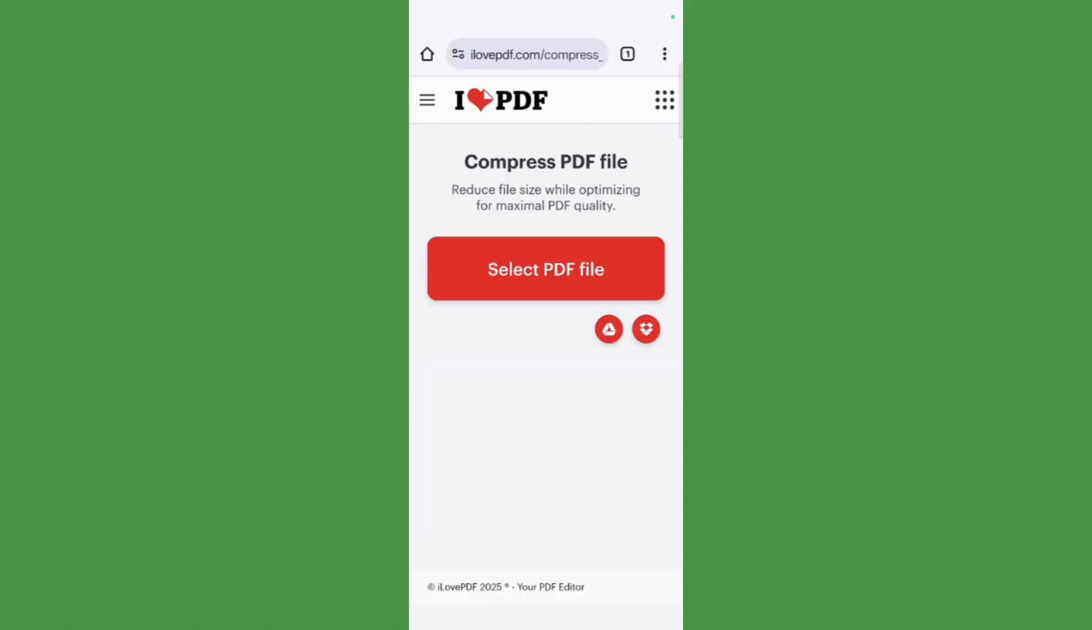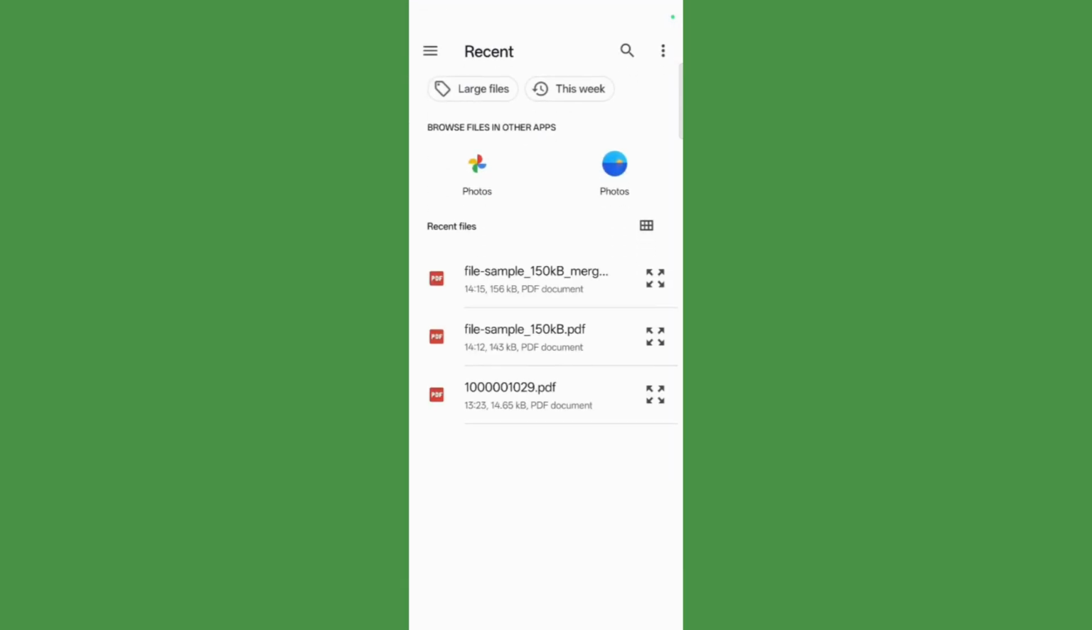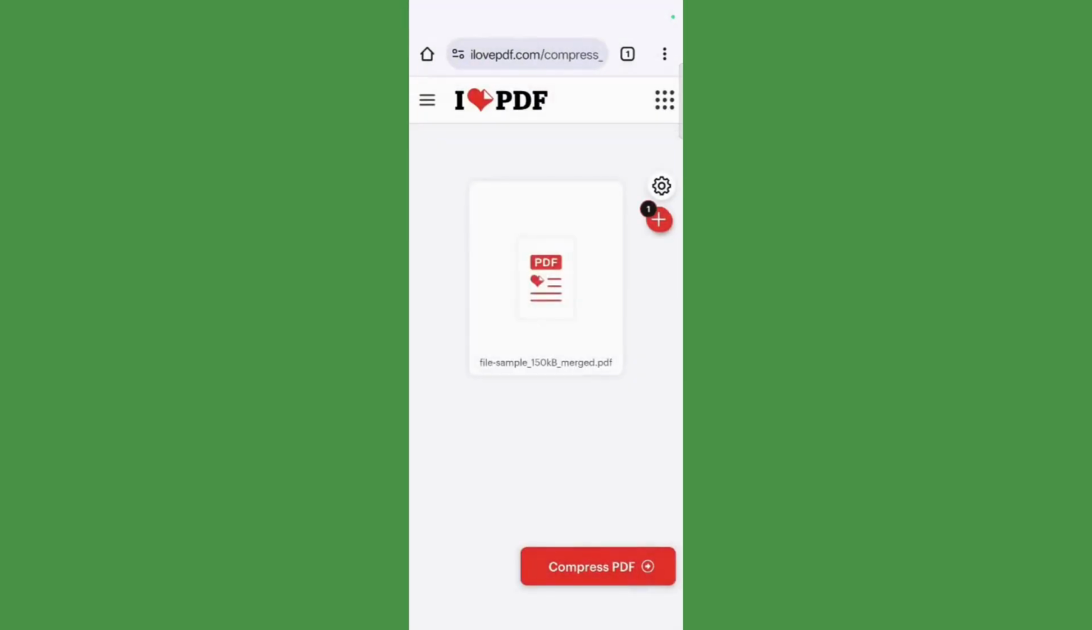So click onto compress PDF and then click onto this select PDF file button in order to choose the PDF file that you want to compress. So from here, as you can see, I have these three different PDF files. Let me choose this 156 kilobyte PDF file that goes by this name. So let me click onto this, and now you can see that the sample file has been loaded,